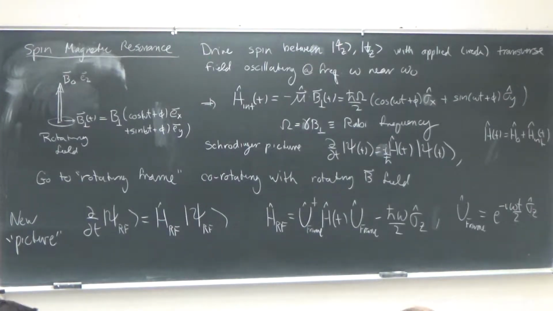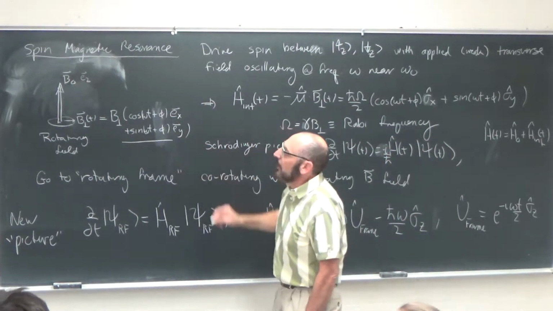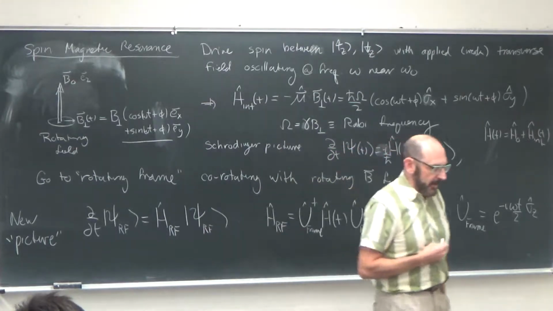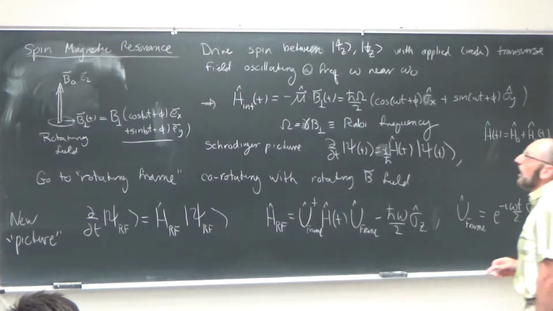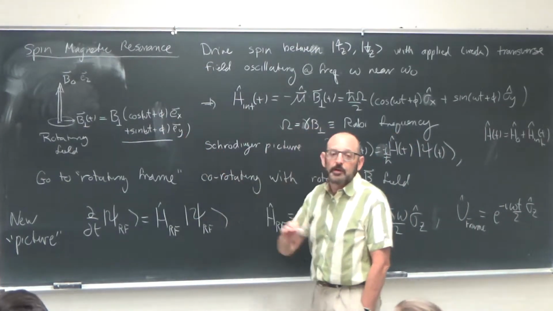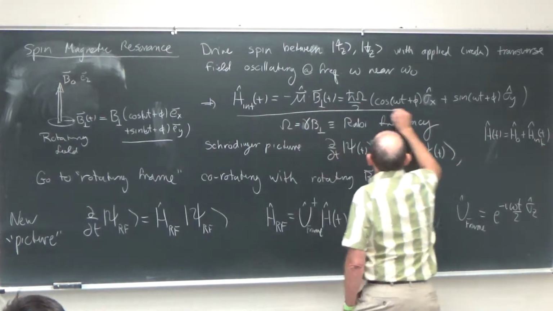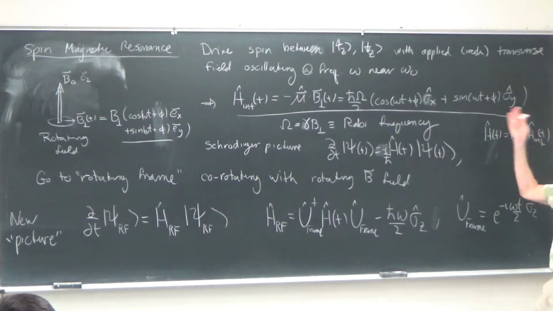And the problem we study, we'll finish up, is thinking about a magnetic field that is oscillating, in this case counterclockwise with the right-hand rule, around the z-axis with some frequency omega, and we allow some arbitrary phase at time t equals 0. So our interaction Hamiltonian is the interaction of the spin with that magnetic field, which has this